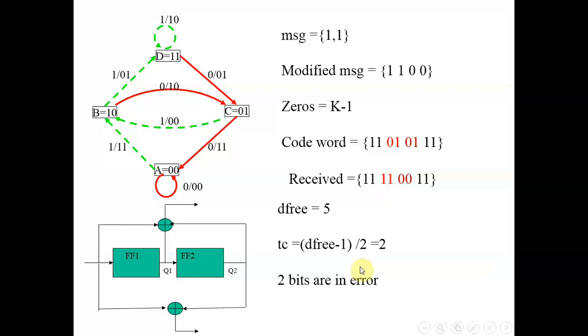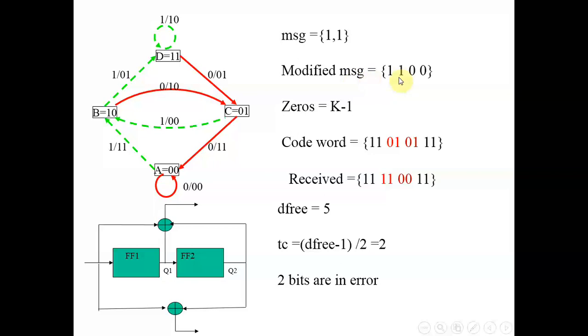So just to revise a few things quickly, this is the encoder which we will be discussing. This particular state diagram again represents the same encoder. The message which we are taking is 11. So let's first encode the message and then we will start with the decoding process. So the modified message is 1100. I hope you have gone through the first 3 videos, so you know why we are padding 2 zeros here. The number of zeros is equal to capital K minus 1, where capital K is the constraint length. All those concepts we have already covered in the earlier videos.